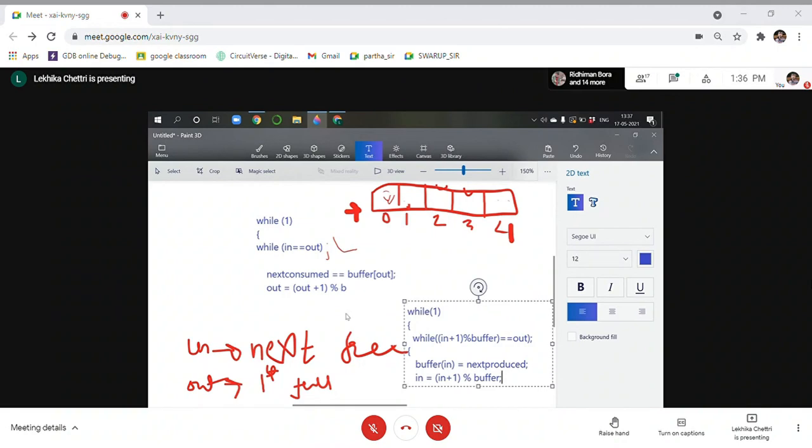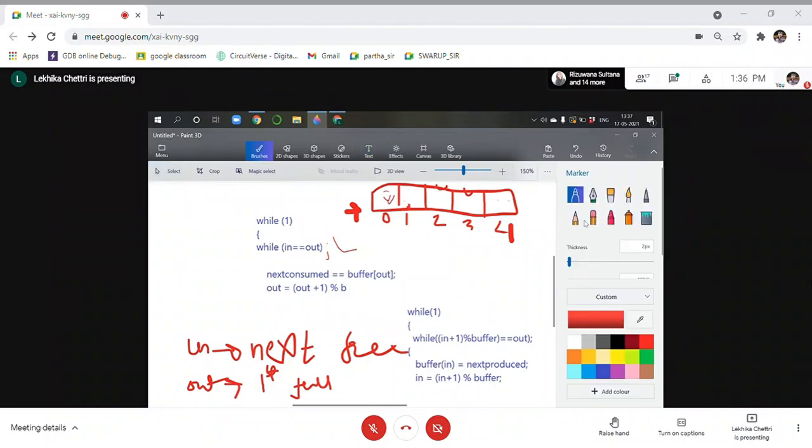This is my producer and this is my consumer. And here the producer and consumer share one resource, that is this buffer. They are sharing a resource, that is the computer's buffer. So you cannot really manipulate the buffer. What you can do in your program is create your own simulated buffer using any data structure. Even in operating systems, the buffers are created using some data structure only. The buffer is actually a data structure, an array or something like that.